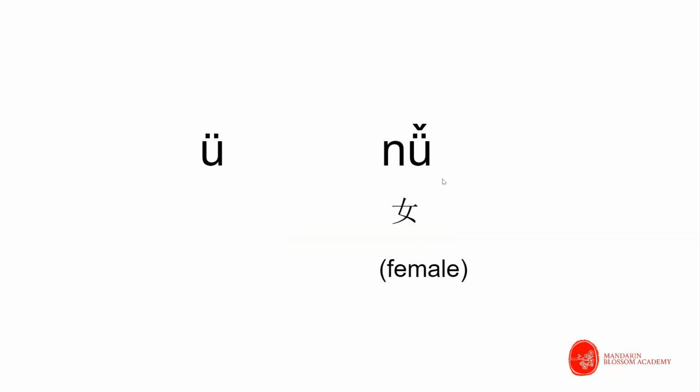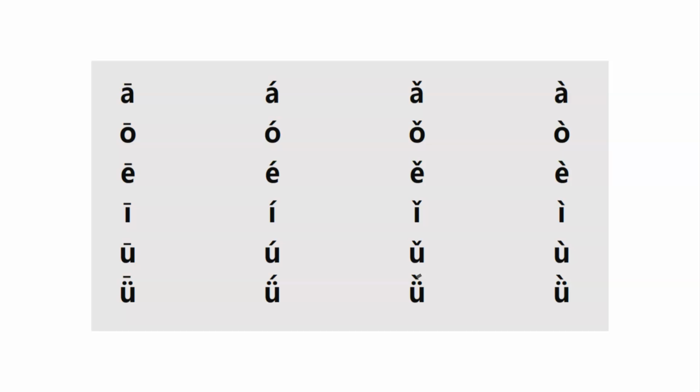The word 女 means female. Alright, now we have learned all the simple finals, and we also learned tones, so we can put them